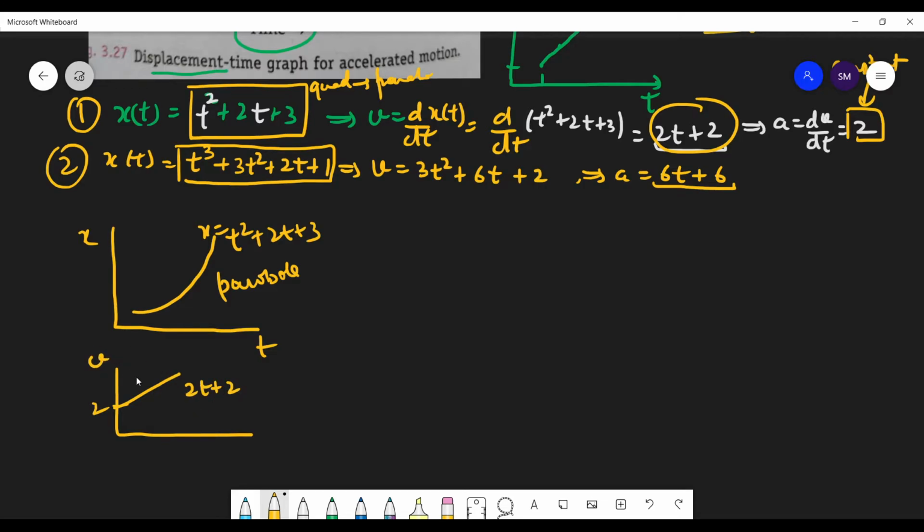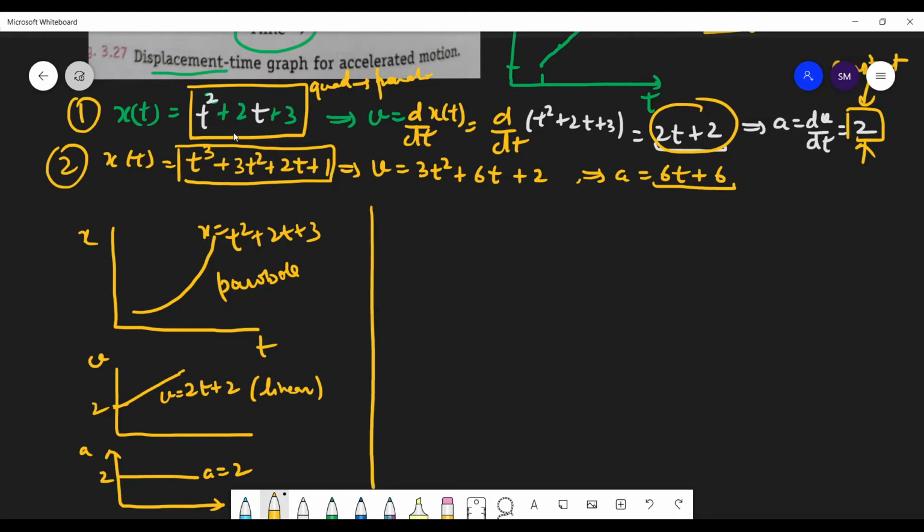So this is the graph of 2t plus 2, and here you have velocity. Velocity is equal to 2t plus 2. You get this linear graph. Now you have to draw the graph of this 2, and that's your acceleration. So this is the graph of a equals 2. Now let us draw the graphs for the second case, the position-time graph, which will not be a parabola in this way. So note it down, and then I will tell you the graph of x cube. Okay, sir.